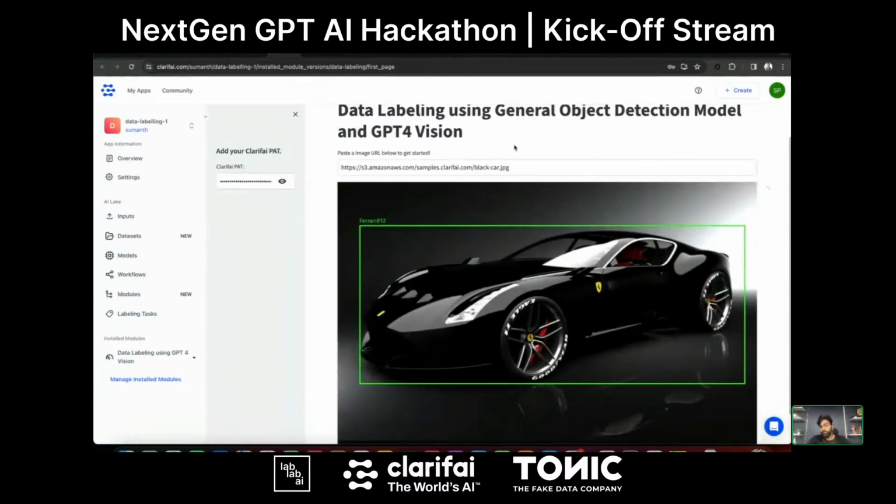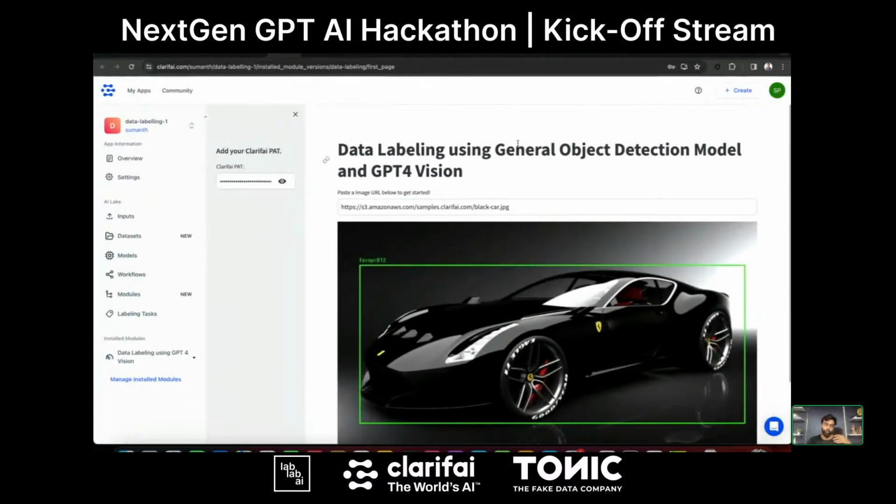So yeah, that's how you can build UI modules. I hope this session is helpful. Just to summarize what we just built, we saw how to access the vision models and other models using the Python SDK. Then we looked at whether you can use an object detection model like the GPT-4 vision model for object detection. We thought we can't do it as of now.